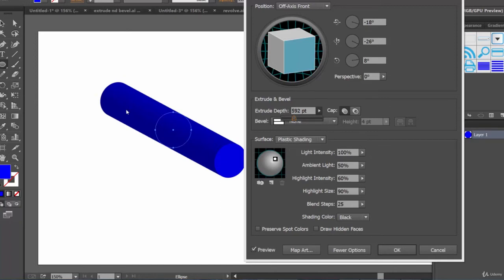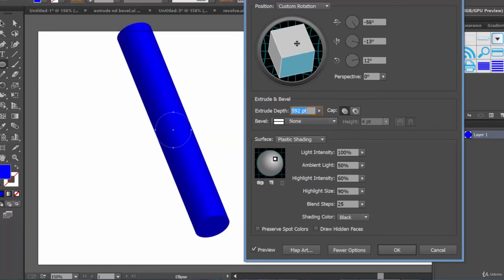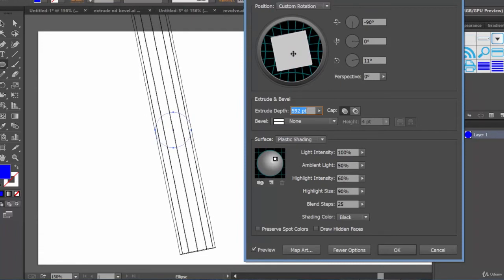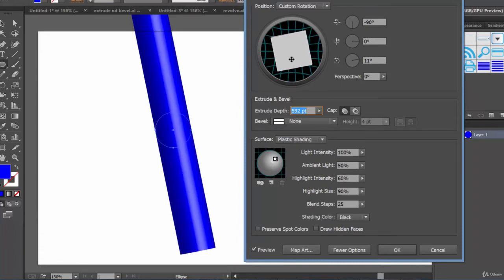We are going to work on this lengthy part only, and make sure to rotate it so that we can see only this depth part and nothing else.